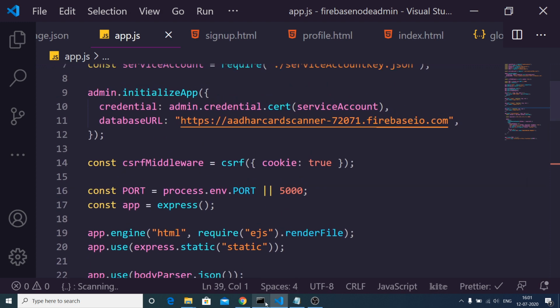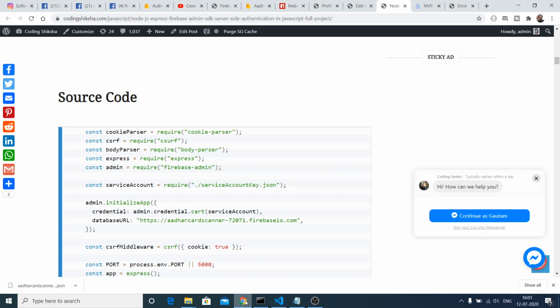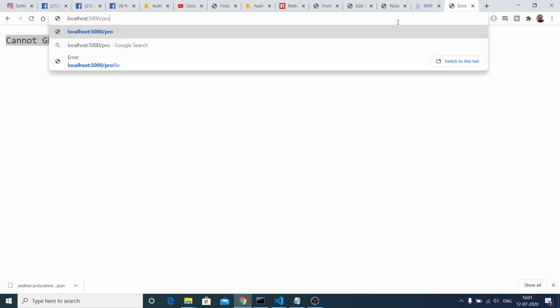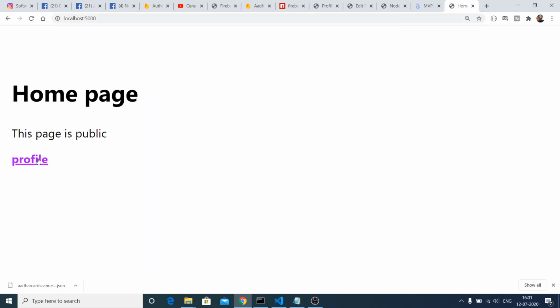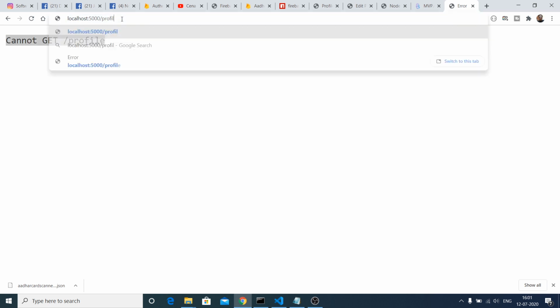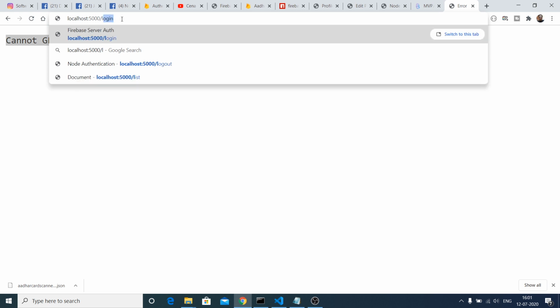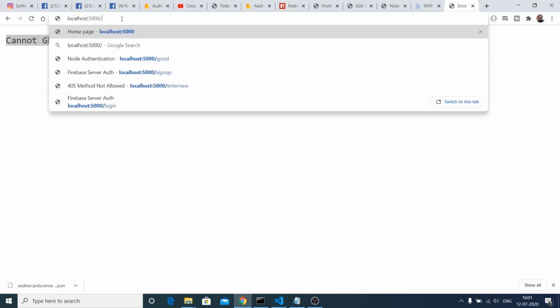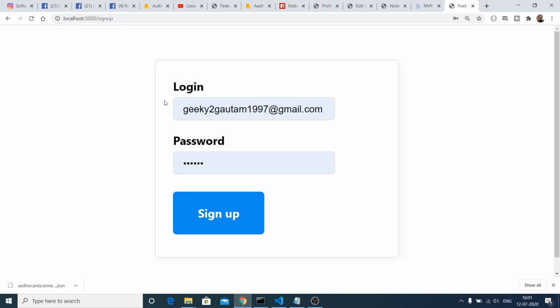So if I refresh the application and go to the profile page, it is showing cannot get slash profile. So here we just need to go to the slash signup route.